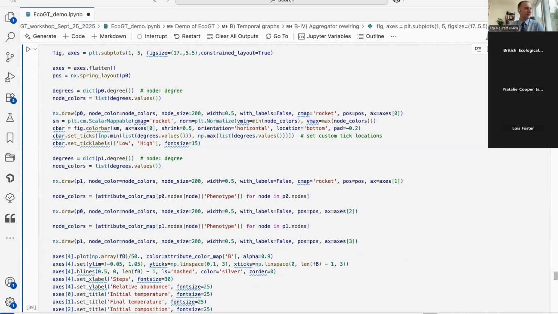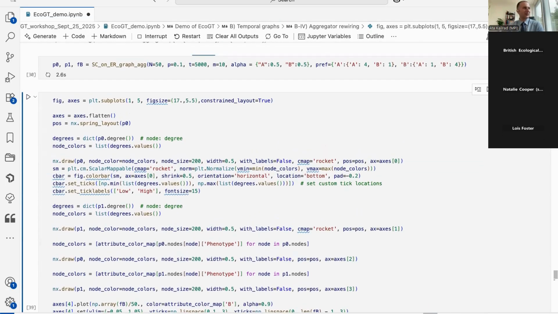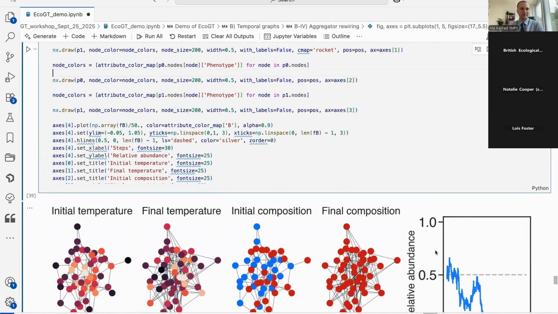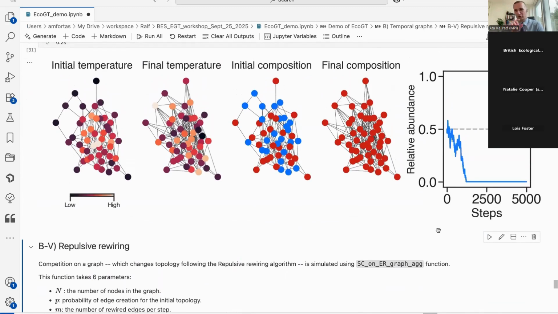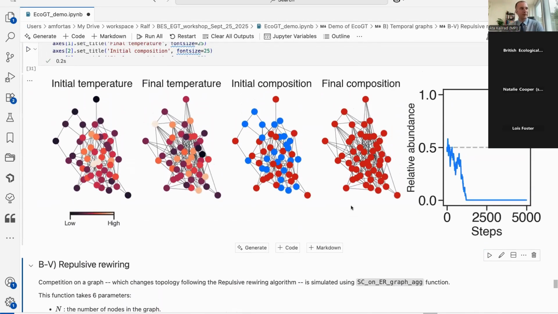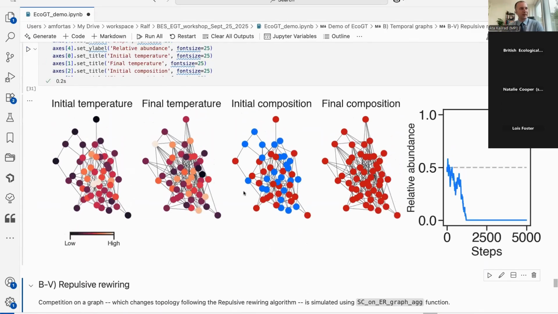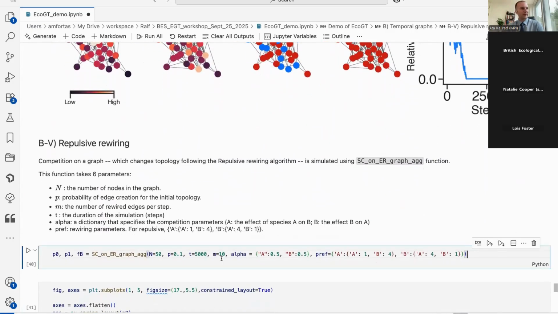So in this case, we can actually look at how it works. It's also very quick. I have to say it is using NetworkX for the network creation component of it. As you can see, you can see the initial temperature, the final temperature of the graph, and the initial composition, starting from randomly assigned individuals belonging to either of two species, to the final composition. And then the repulsive, of course, using the aggregate